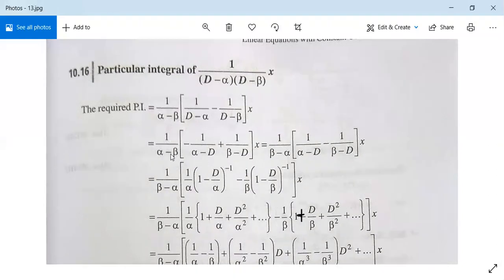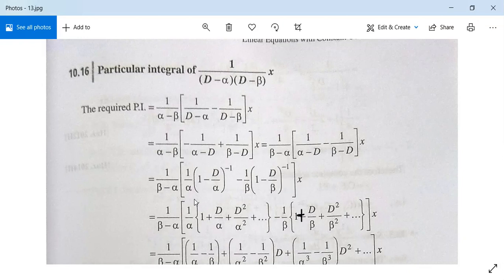It can be written as 1 by (alpha minus beta). Take minus 1 common here. So it is minus 1 by (alpha minus D) plus 1 by (beta minus D). So it is equal to 1 upon (beta minus alpha), taking minus common, [1 upon (alpha minus D) minus 1 upon (beta minus D)] operating on x. So it is 1 upon (beta minus alpha). Take alpha common from this one, so it is 1 by alpha into (1 minus D by alpha) to the power minus 1. And here take 1 by beta common, so it is minus 1 by beta within bracket (1 minus D by beta) to the power minus 1